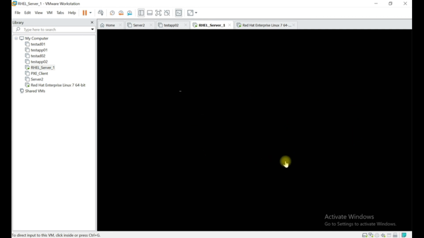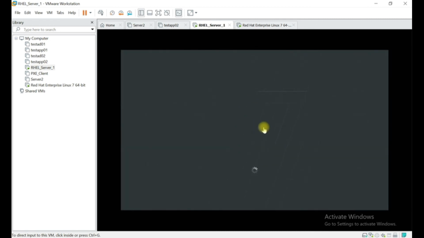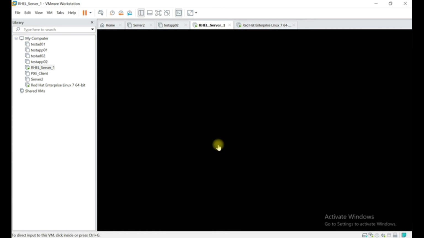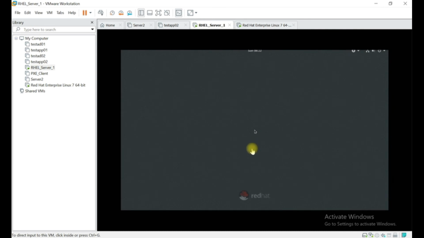It indicates it's loading the kernel, initially but not completely. Okay, you can see this image, so that means the kernel has been loaded, but not with all the modules. Now it will go and start all the processes. Here is the login screen. So this is the way the operating system boots and comes in front of the login page.